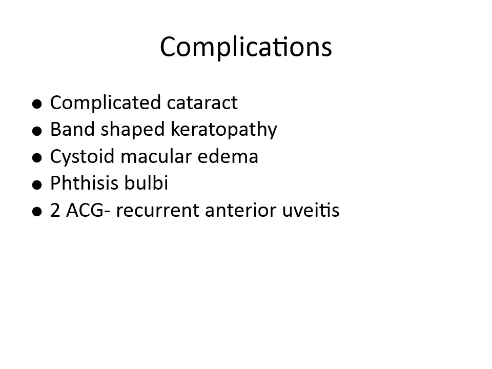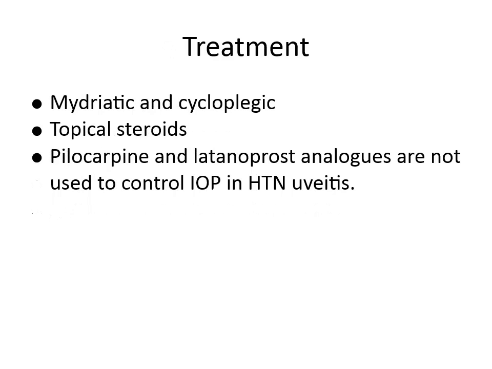Now it can either be a secondary open angle glaucoma because of trabeculitis or clogging up of the trabecular meshwork with the inflammatory cells, or it can be an angle closure glaucoma. Now, if a posterior synechiae is present, then because of a post-inflammatory glaucoma, like I've already told you before, it can lead to a secondary angle closure glaucoma, wherein the treatment is you do a laser iridotomy. Now in case it is not successful and if it is a chronic secondary angle closure glaucoma, then we can plan for a trabeculectomy.